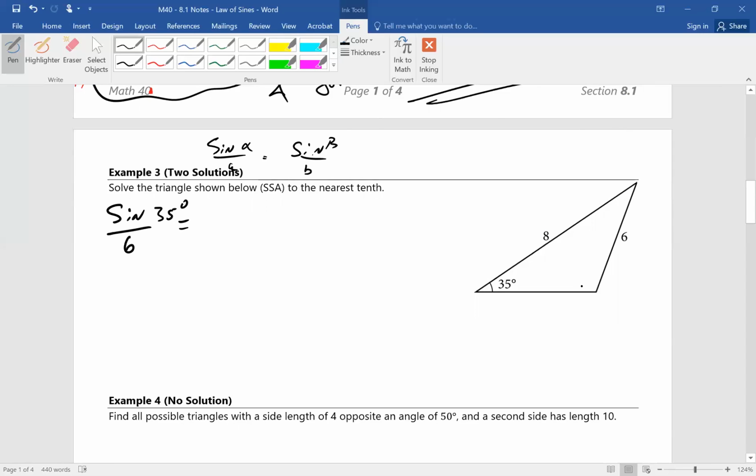Now let's try to do this angle right here. Now it's obtuse, meaning according to this picture, it should be bigger than 90 degrees. Let's just suppose. So sine of 35 degrees over 6, which is that side there, is going to equal the sine of, this is the big part of this whole lecture, sine of some angle beta, call this beta. Now, as soon as I multiply both sides by B,